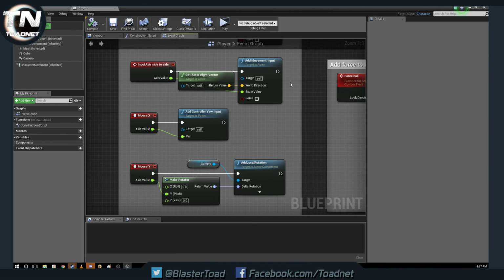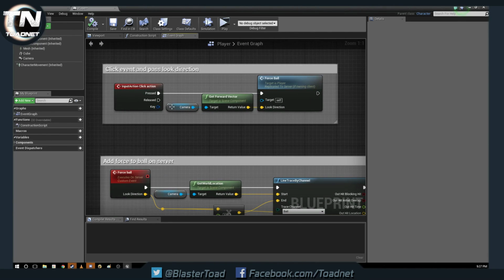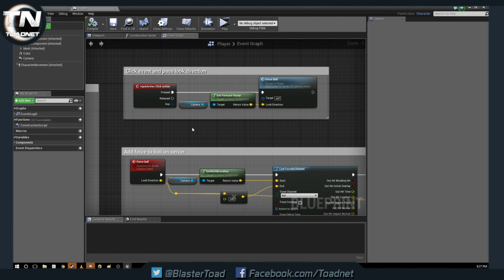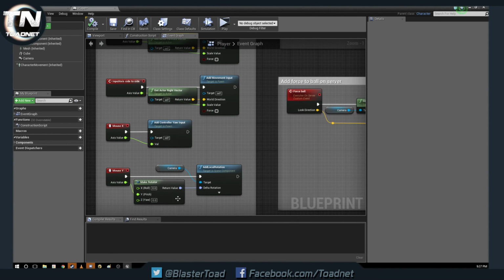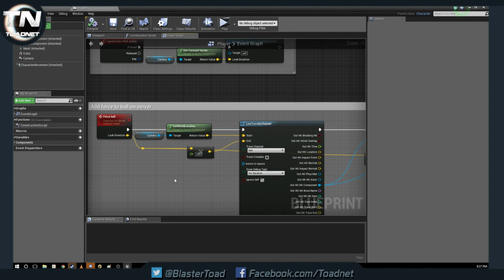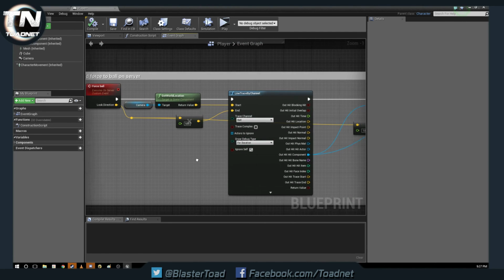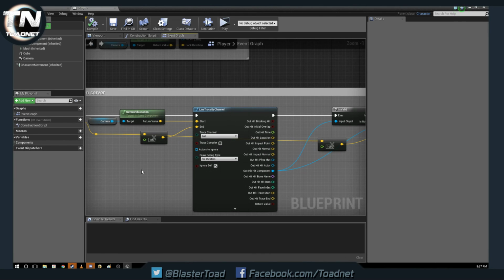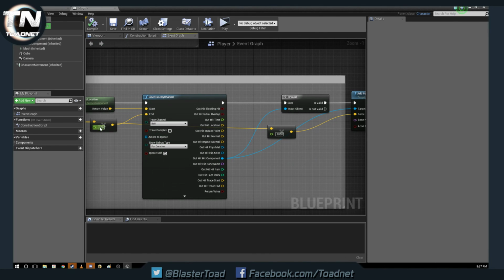Then, when the player clicks a button, it gets the direction the camera is currently looking, because remember that look movement, the up and down pitch, is actually happening on the player's end, not on the server's end. So it gets that look direction, it sends it off to the server and says, hey, do some things on the server with this look direction, which is drawing a line to it and adding a force in